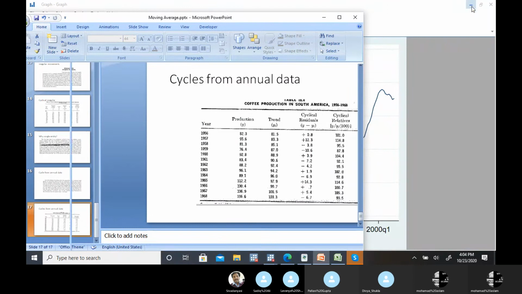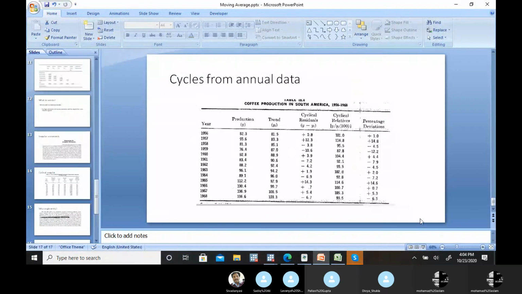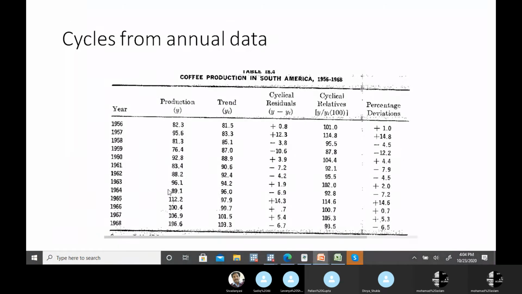If you have annual data, like generally we have this GDP and all data. Let's suppose there is production data you have. First, you have to calculate the trend, that's the y hat you have. Then if we take a subtraction, a change, in this actual value minus trend value, that is the cyclical residual.